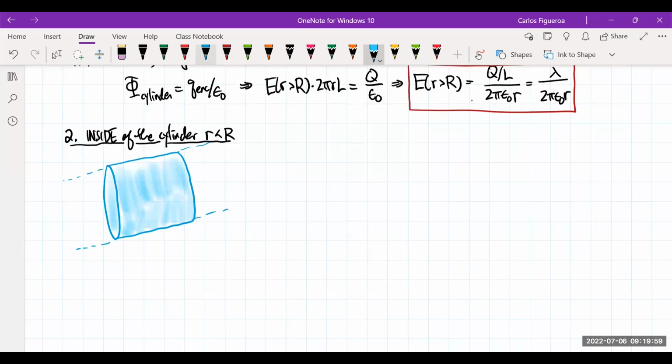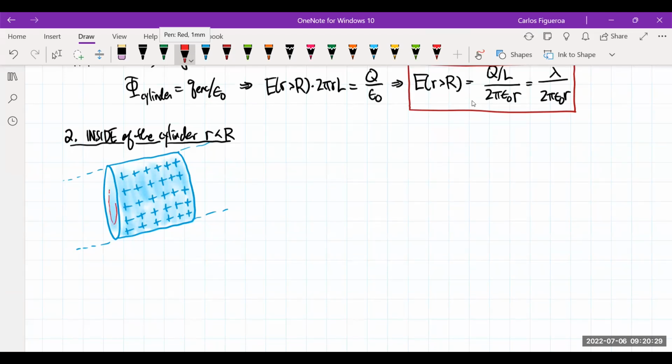Now what I'm going to do is start putting in charge, and I think it's important that we put a lot of it so it's crystal clear what I'm doing. Now when I look at this thing, here's what I see. I'm going to choose my Gaussian to be